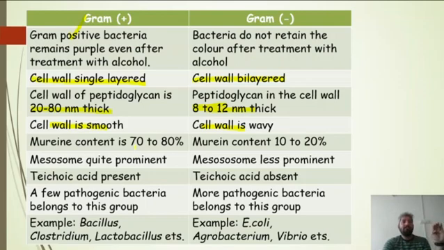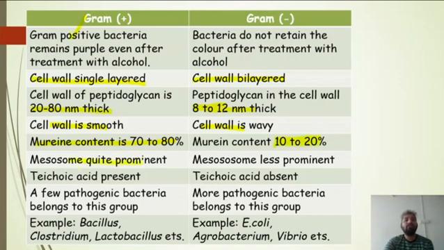cell wall, like this. So some part which is curved, in the wave, which comes out upward like this, that part, a few parts of the cell wall, will touch the cell membrane also. Okay? Murein content, that is peptidoglycan content, is 70 to 80% because it is very thick here, and it will contain about 10 to 20% only in gram-negative.